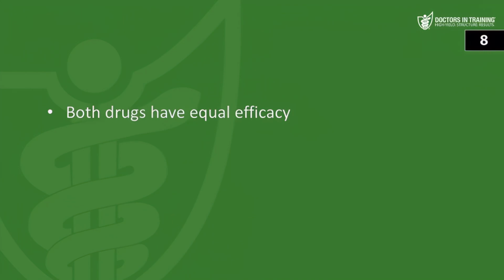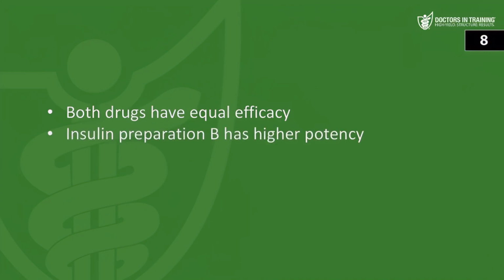Efficacy is the reflection of the maximal effect a drug can produce. Both of these drugs will lower the blood glucose by the same amount. That means that both drugs have an equal efficacy. But for potency, you have to look at the amount of drug required to produce the same effect. And since it takes less of insulin B to achieve the same maximal effect, we say insulin preparation B has